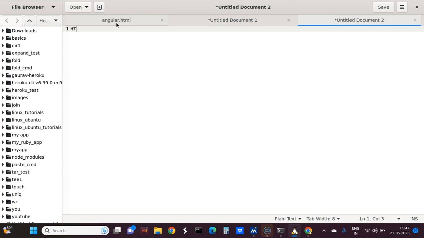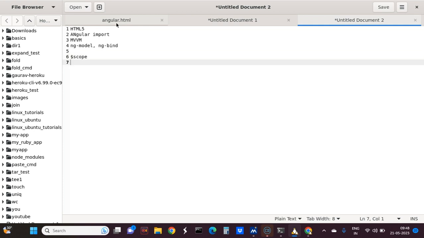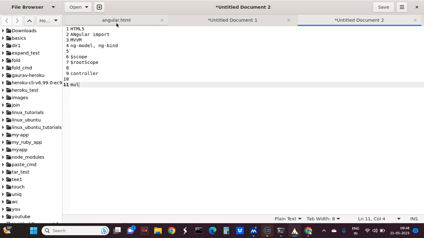The first thing is we have developed a basic HTML program, then Angular import, then MVVM, then ng-model, ng-bind, then scope, then $rootScope, then controller, and multiple directives, ng-app, and web page. So now we will go to some